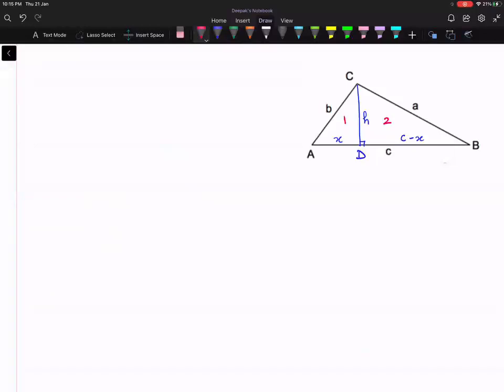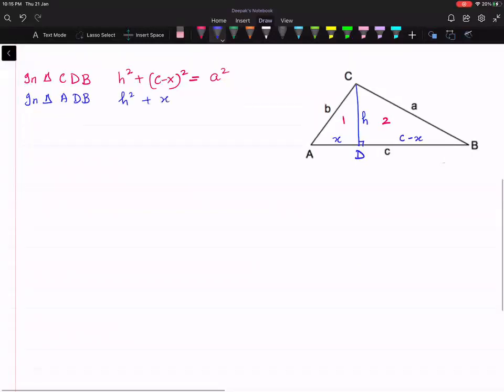Let's apply Pythagoras theorem and see what we are getting. In triangle CDB, the hypotenuse square is equal to base square plus perpendicular square, so h square plus (c minus x) whole square is a square. And in the second triangle, ADB, we are getting h square plus x square equals b square. Right, so now if you will see, basically